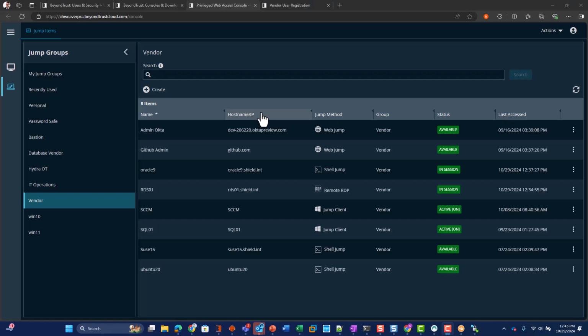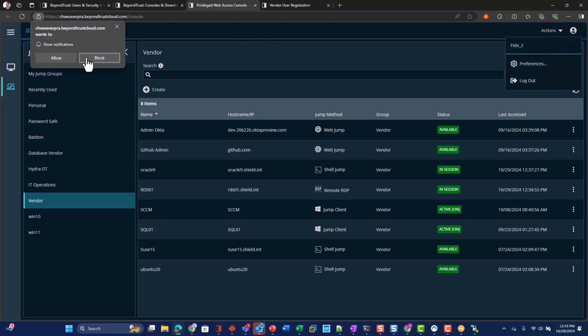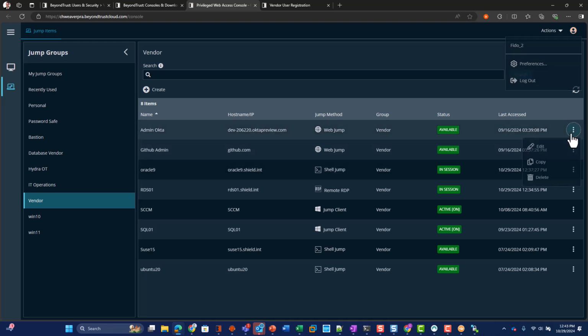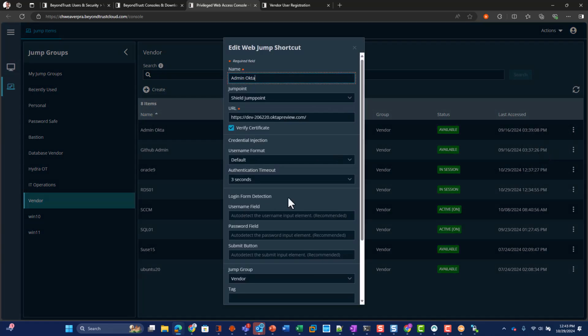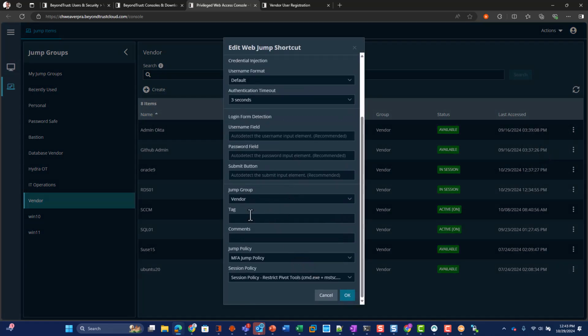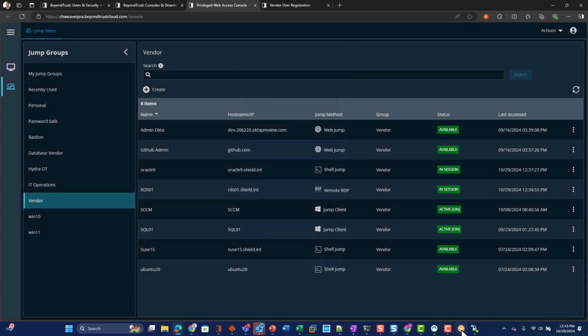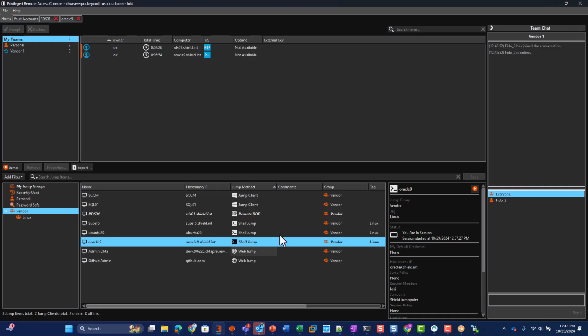So I've pulled up the web console with my admin user that I was using earlier. That's my FIDO2 user here. And what I'm going to quickly do is update the policy that's in here. Oh, no need, right? I have an MFA jump policy applied here for my admin Okta. If I go back to my thick client,